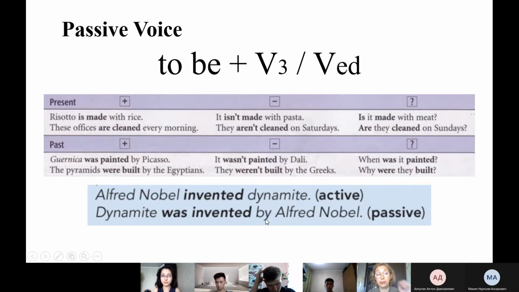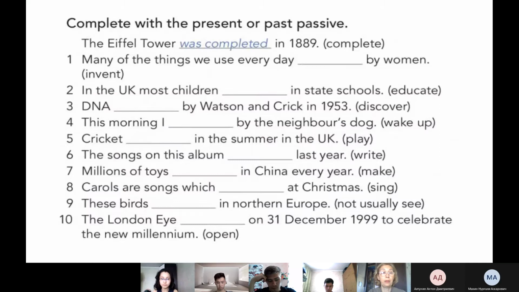But sometimes the person who has done this is not mentioned. Но иногда просто не упоминается человек, который выполнил это действие, потому что основное внимание на том, что что-то было сделано. Okay, so let us have a look at the sentences here on this slide, and the task is to complete the sentences with the present or past form of the verbs in the passive voice.